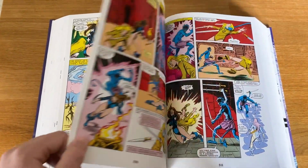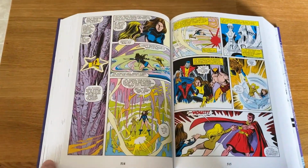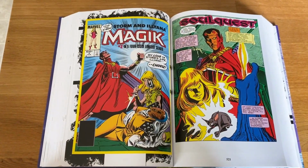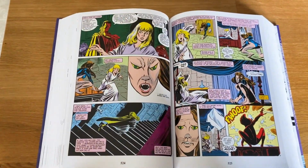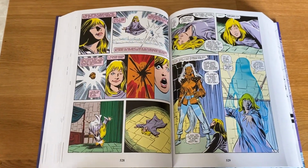read for any Magik fan, but really, I'll say it's a must-read for any X-Men fan because it just does everything that's great about the X-Men so well. I mean, this is everyone at the top of their game. The writing is immaculate, the artwork is immaculate, everything is so good. Please read this story. And as cool as it is, it's really sad and tragic too because, like I said,